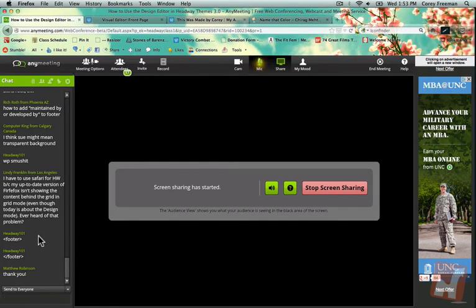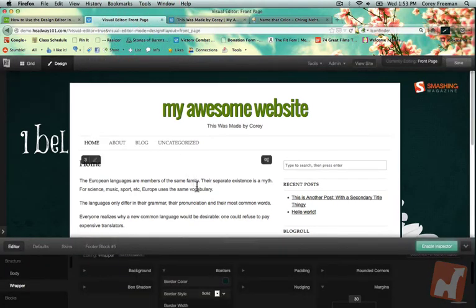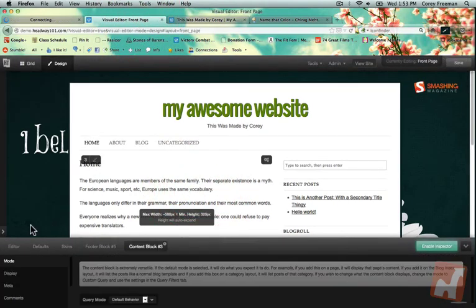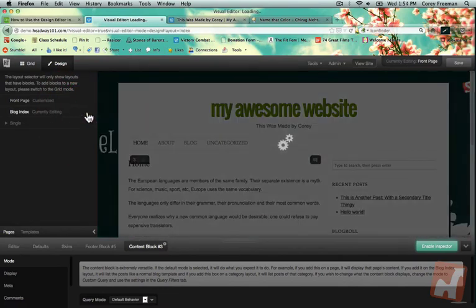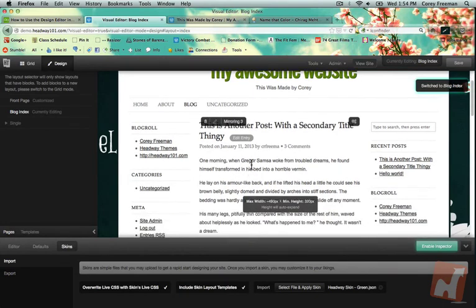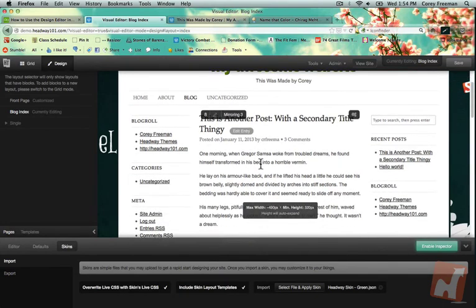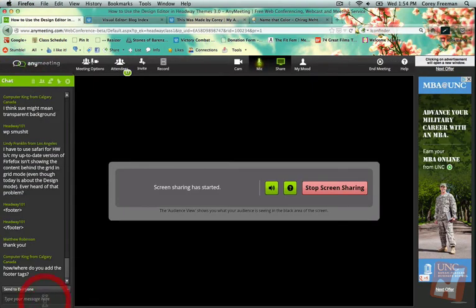Because Firefox isn't showing the content behind the grid in grid mode. I don't quite know what you mean, but I think I have an idea. Let me go to the blog index. Sometimes when you edit stuff, it doesn't show the right content in the content block. It looks like they might have fixed that in an update, actually. But that's a thing that didn't happen before, so